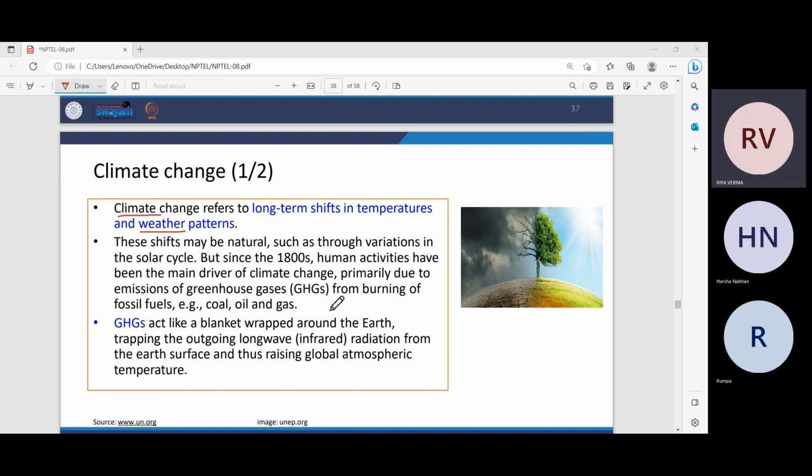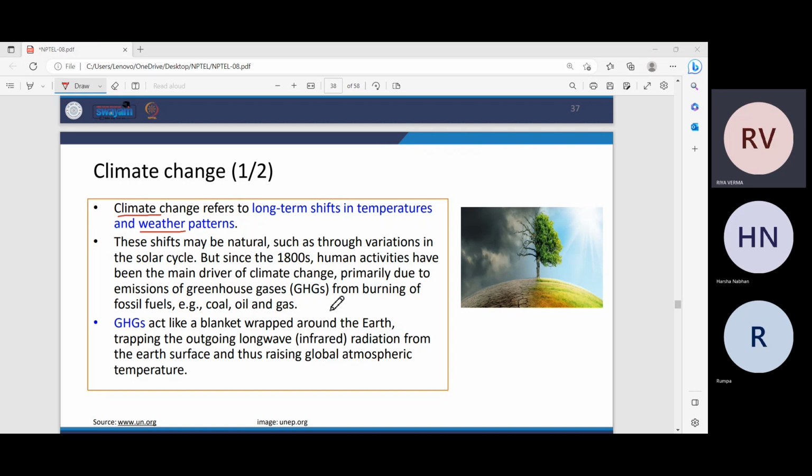Climate change refers to the long-term shifts in the temperature and weather patterns. These shifts may be natural, such as through variations in the solar cycle or the movement of the earth or the sun. But since the 1800s, human activities have been the main driver of climate change. We all know how anthropogenic activities, for example, burning of fuels, deforestation, and other activities,